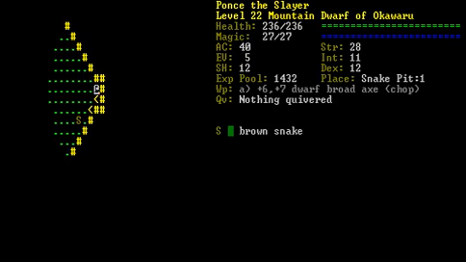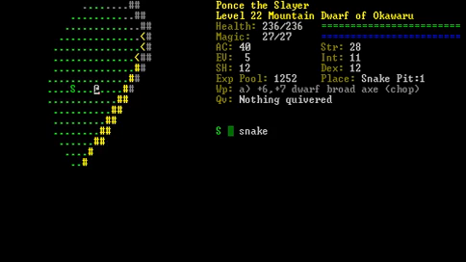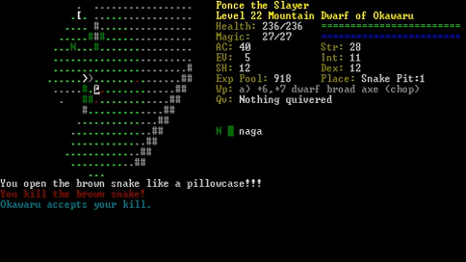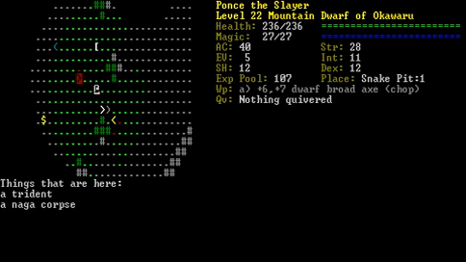Level 1. And it's here that we're going to start fighting a whole bunch of snakes. Lots and lots of snakes. And nagas. And then some more snakes and some more nagas. And more snakes and more nagas. But as you can see,